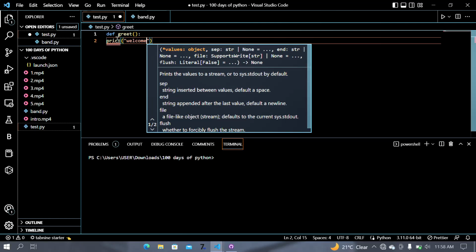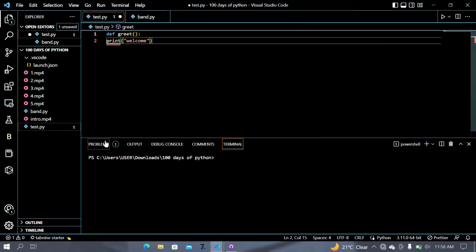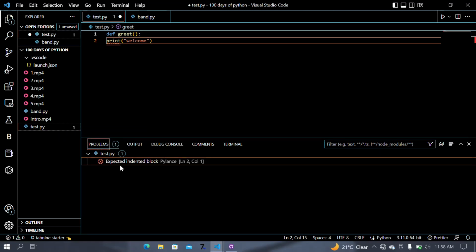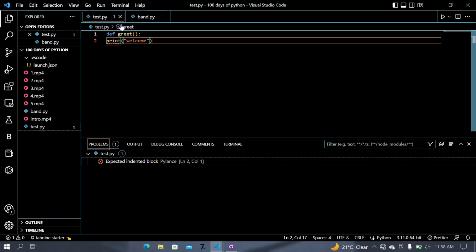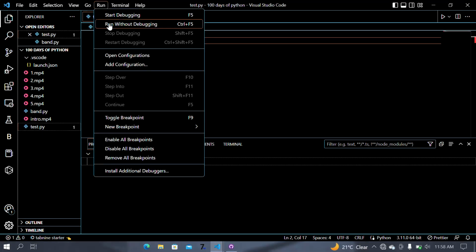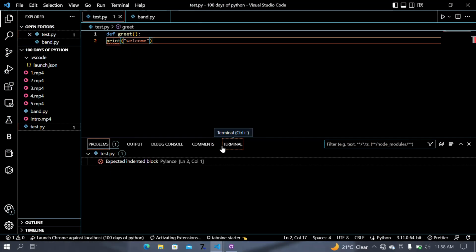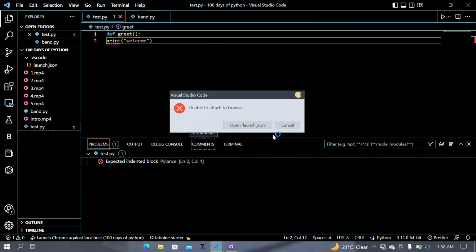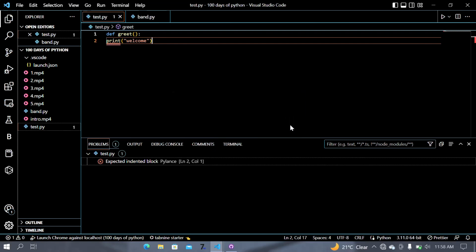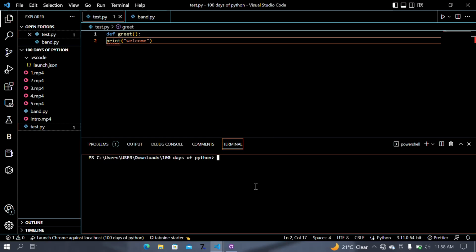You can see this stuff is highlighted here. And if I go and check my problems, it says, expected indented block here. Let's save this and let's just try and run the program so we can get the indentation error. So that is the error that we're going to raise here. Remember I told you I'm going to call different types of errors. Now this indentation error is a syntax error,